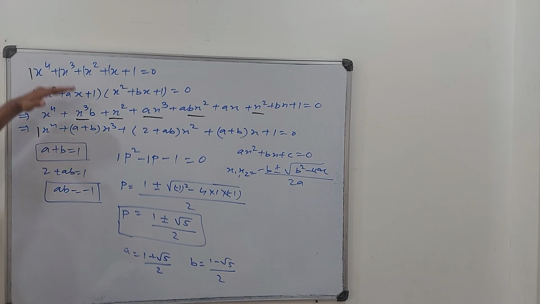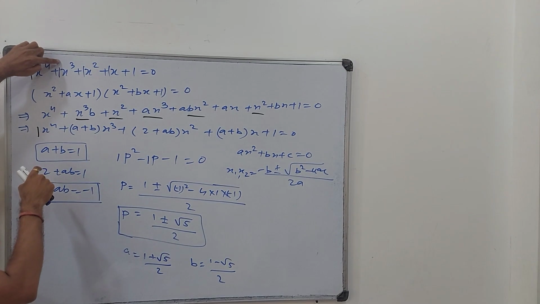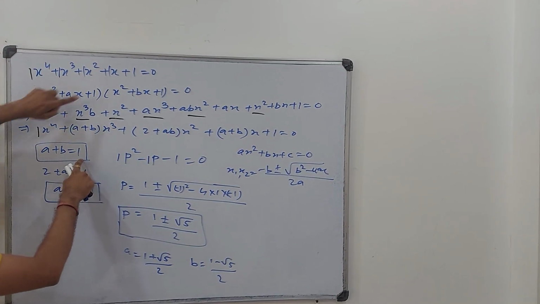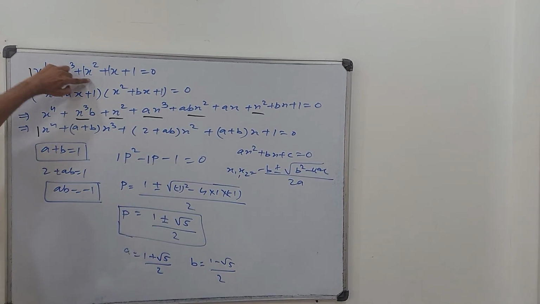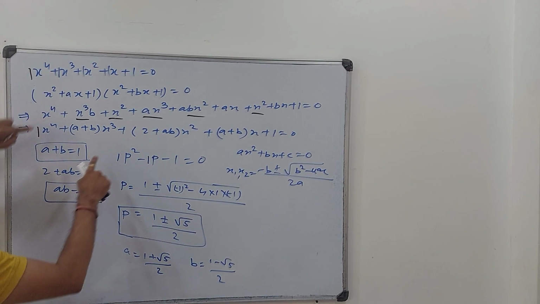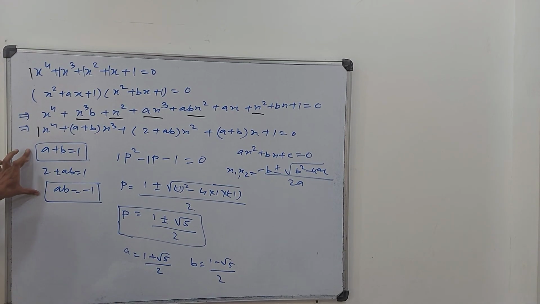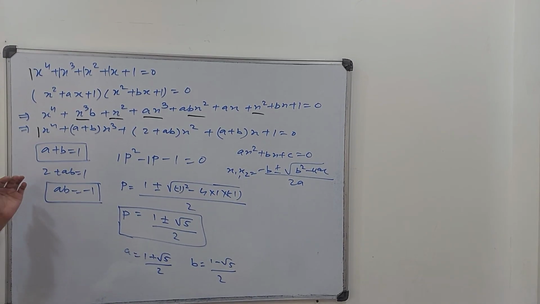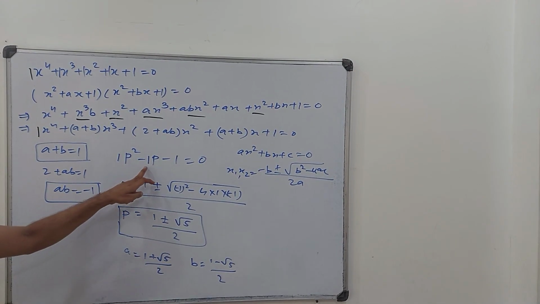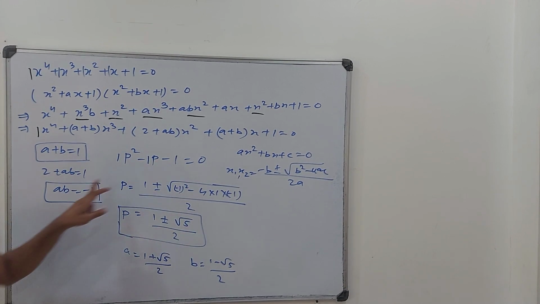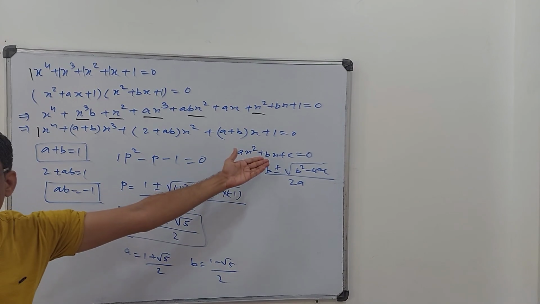And then when I am comparing this with this, so x power 4 matches, 1 matches. Now x cube coefficient is 1, x cube coefficient is a plus b, x coefficient is 1, a plus b, so there is repetition, so we can avoid that. Now x square coefficient is 1 and this one. So we have to just work on these two. So I can write down ab is equal to 1 minus 2 as minus 1. So I have these two cases, and using this we can come to some conclusion that it's a quadratic where sum of the roots is 1 and the product of the roots is minus 1. Fine. So when we solve that, it is something like this form.